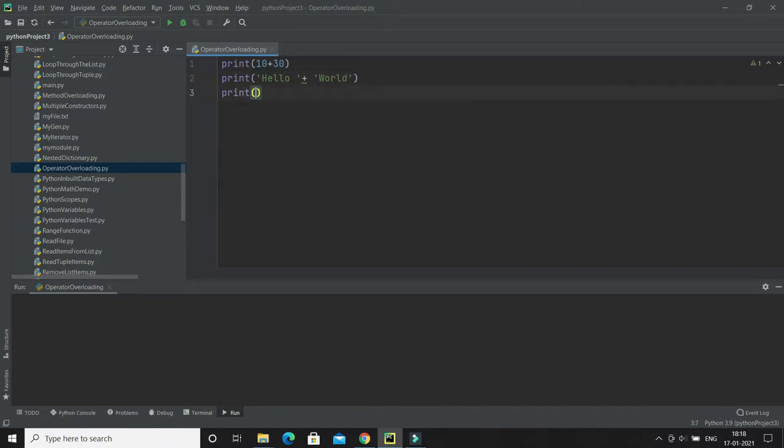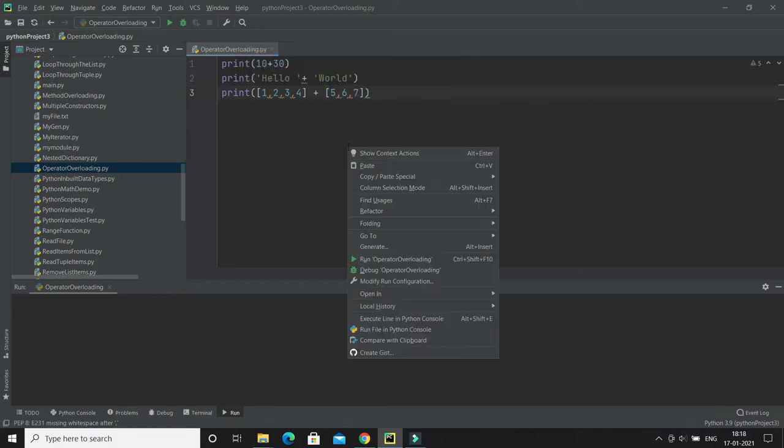Let's say I have two lists. You can have any kind of iterable, whether list, set, or tuple. So here I'm just taking a list, and this is the first list, and again I'm writing plus, and I have a second list. Let's see what happens.